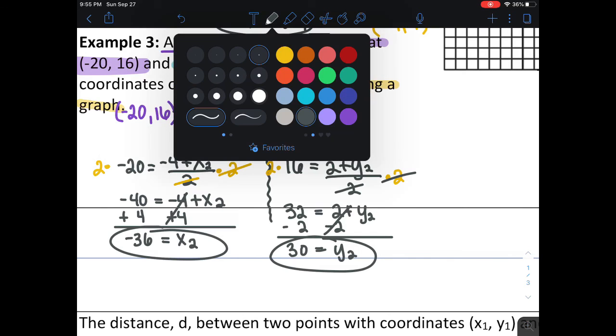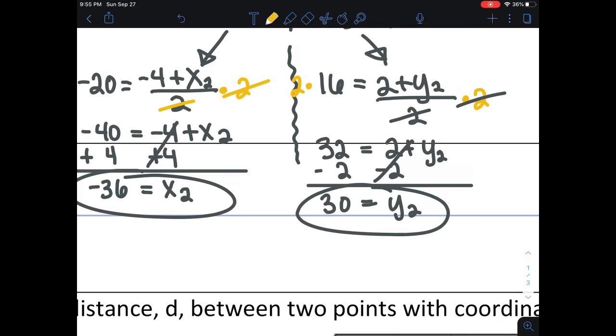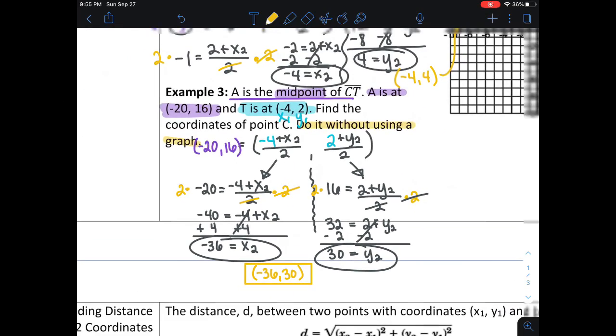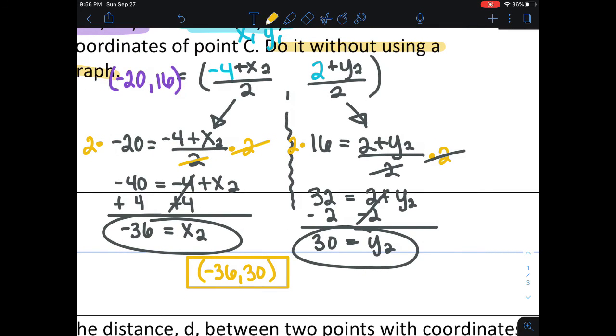So as you can see, these numbers are rather large and in charge. So it's easier probably not to graph these despite all this work. I know. And that was point, what was this point called? C. So this was point C. Hold on, let me move this box out the way. So that's